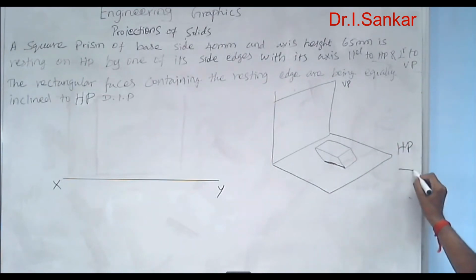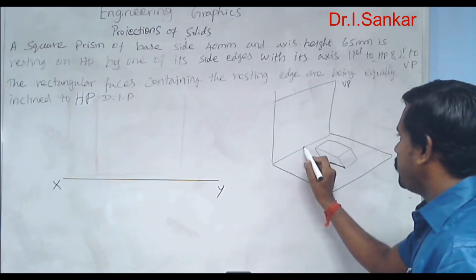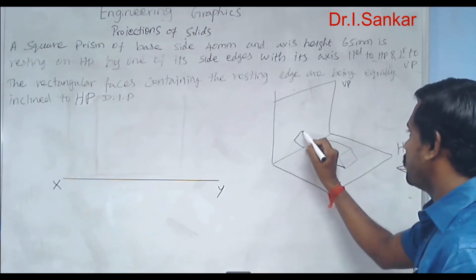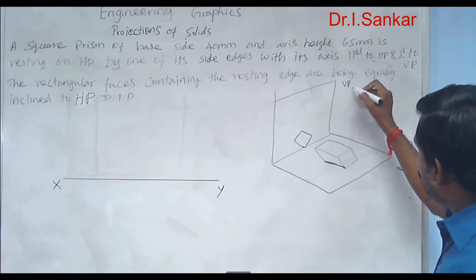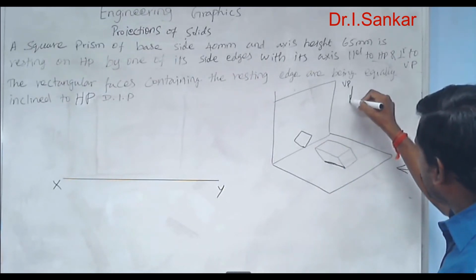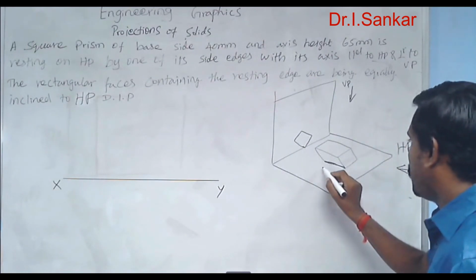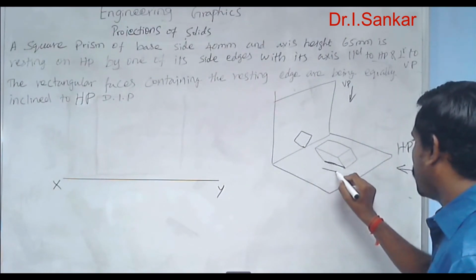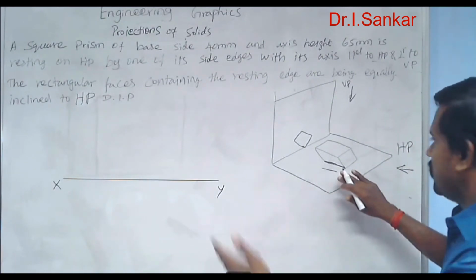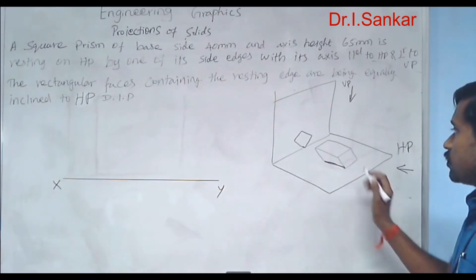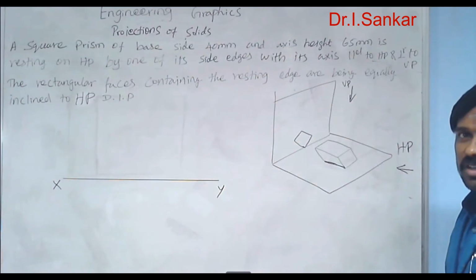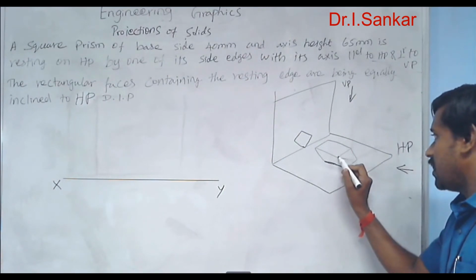So if you want to see the front view of the solid, you will get the front view in the VP screen in the shape of a square. And if you want to draw the top view of the solid, you need to see it from the top, and here you need to draw the top view. So this will be clearly drawn in the actual environment. So this is nothing but the resting condition of the solid, and here we are having the axis inside the solid.